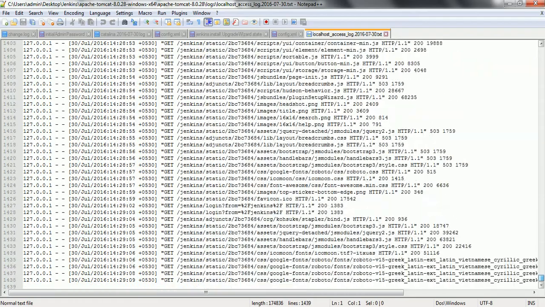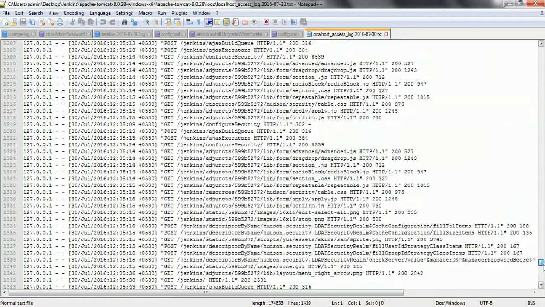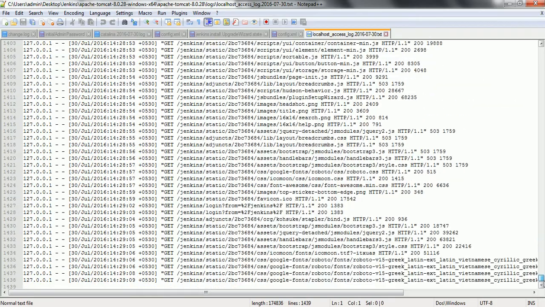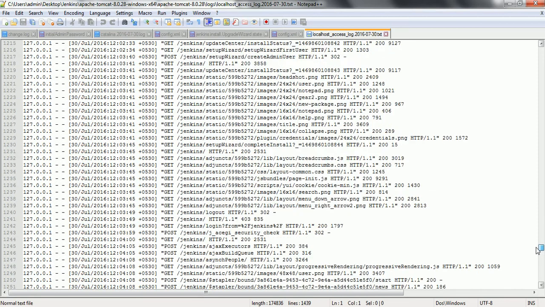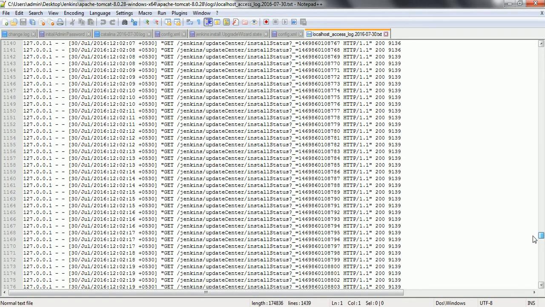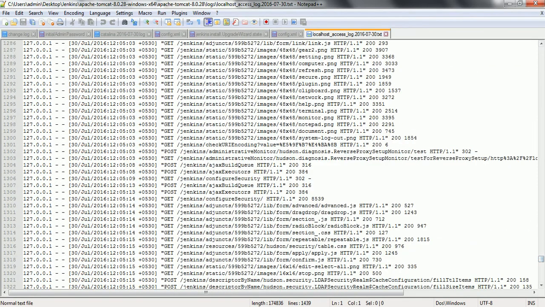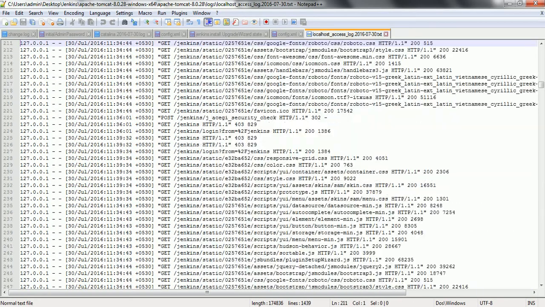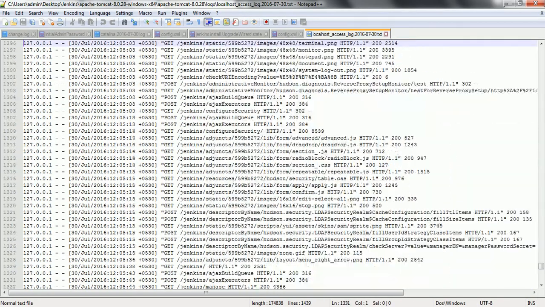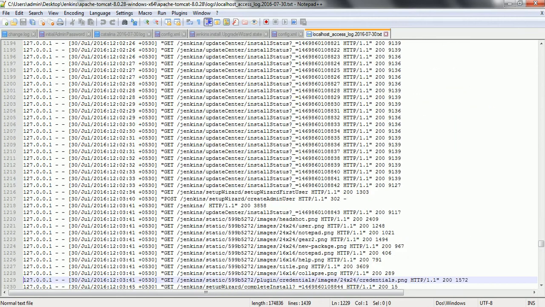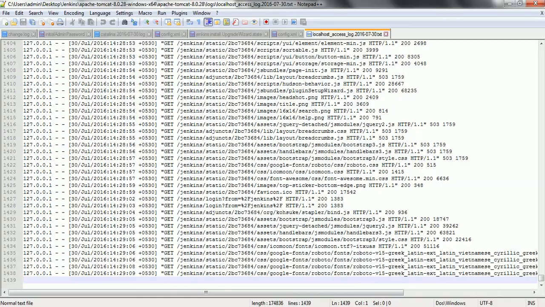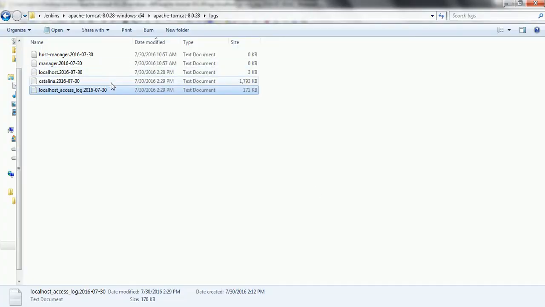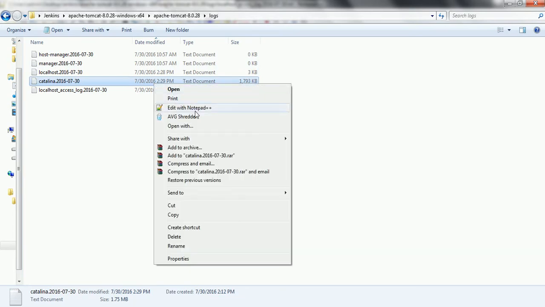We'll go by one by one. Where is it? No, sorry, it is not the correct file. The file we need to open is Catalina.